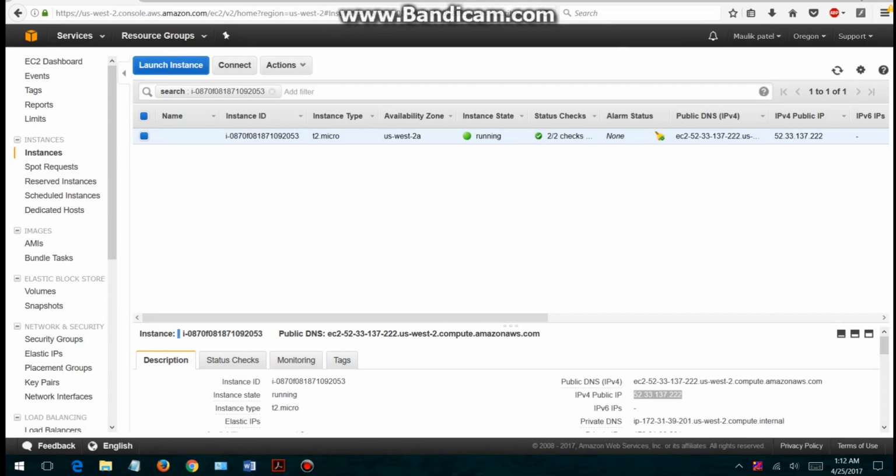Now my instance is ready to use on any machine, but here I write my instance name, Maulik_ubuntu, and I click on save, so it sets the name for this instance. This name shows that my instance is named Maulik ubuntu, right? Now I show you